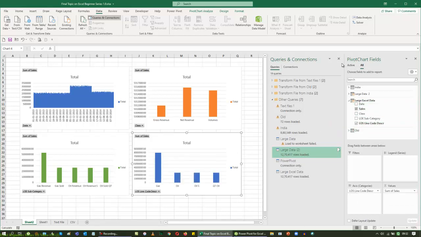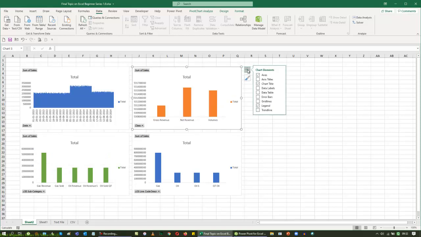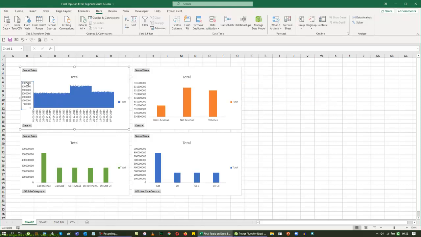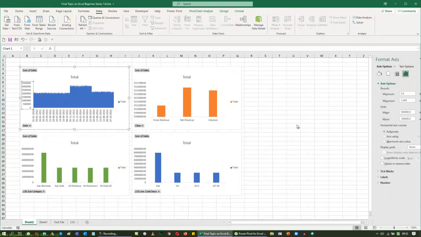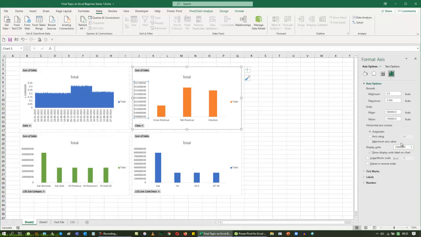So I got all the list. Then we can tweak them according to our list. So I'm going to just delete all the background lines that I have here. And I'm going to just add the data label to the top. So before I add the data label to the top, probably I can just set the format axis as I did in our list. So I'm doing all these logics one by one. So I'm just changing all these points so that this is going to make our life very easy to play around with.